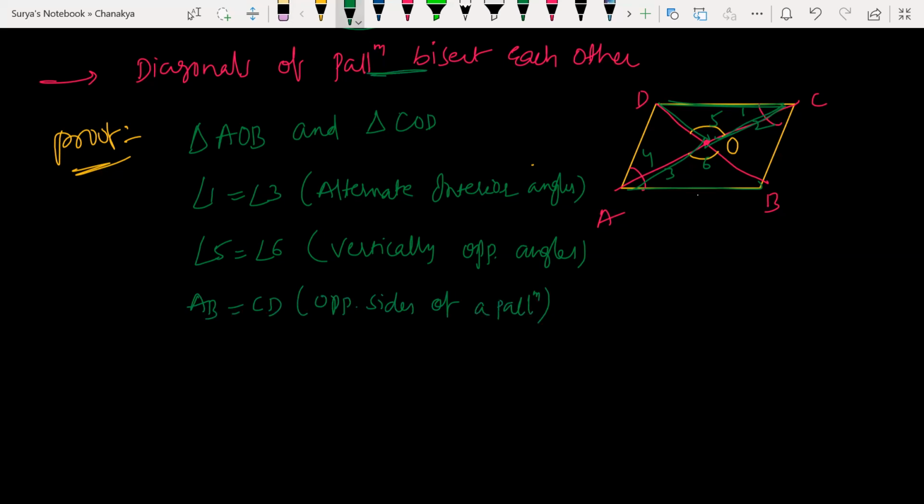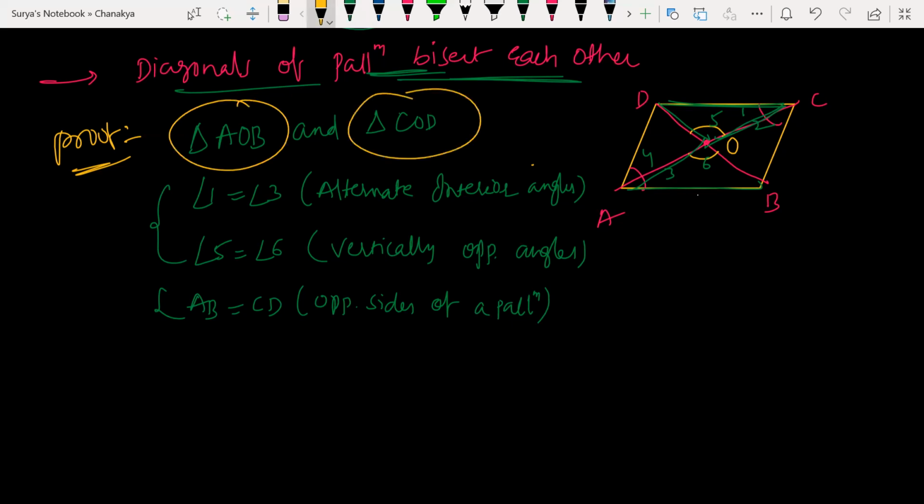What I'm trying to show here is that diagonals of a parallelogram bisect each other. So now by using what rule? Look at this here. I have two angles and one side. I'm talking about these two triangles. From these two triangles, I have two angles and one side. So AAS rule. Yes, sir. Angle, angle, side. What are the angles you have here? What are the angles?